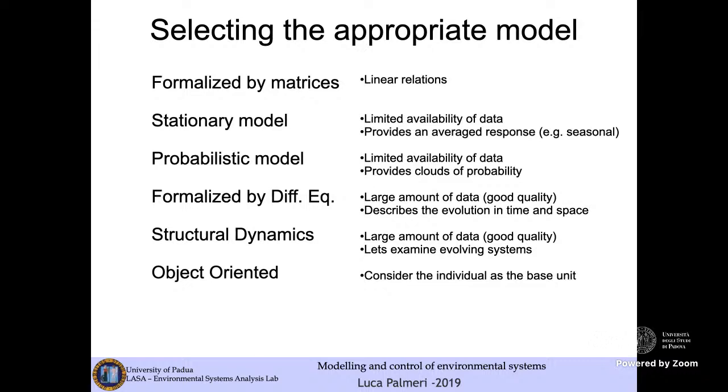For example, data concerning the target or the system you want to model are costly or difficult to gather. In this case, you should try to be stationary, so to identify some kind of state variables that do not change in time, or some kind of characteristics of a model that do not change in time, so whose derivatives in time are zeros. Of course, this approach provides only an average response,